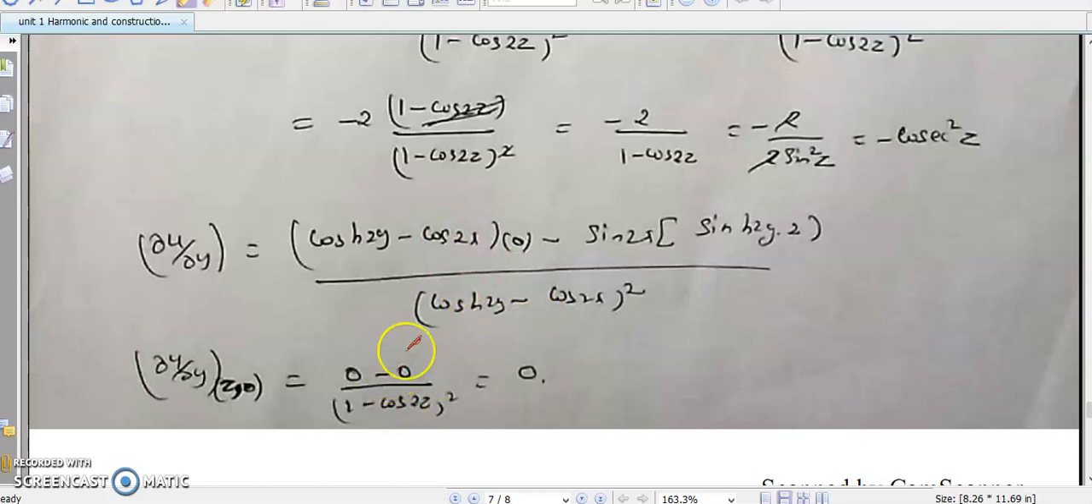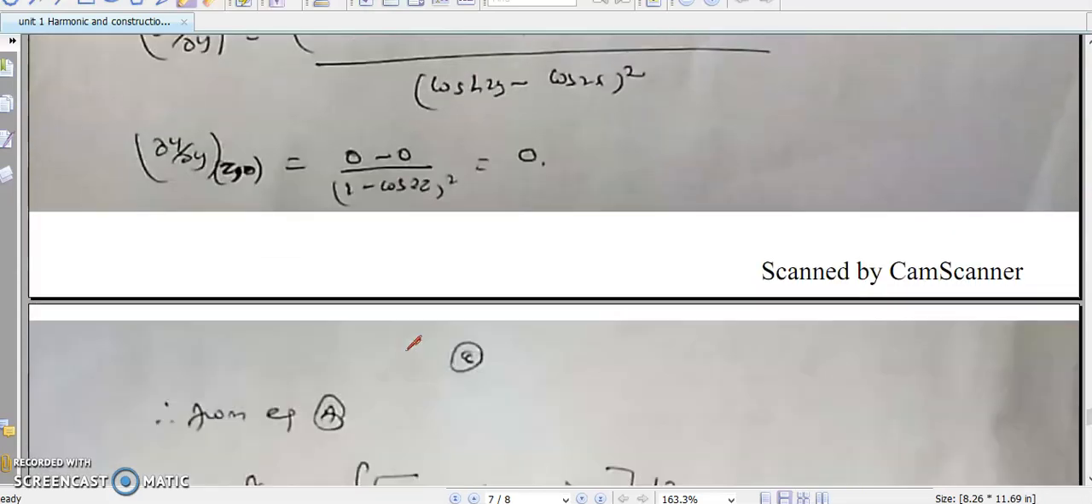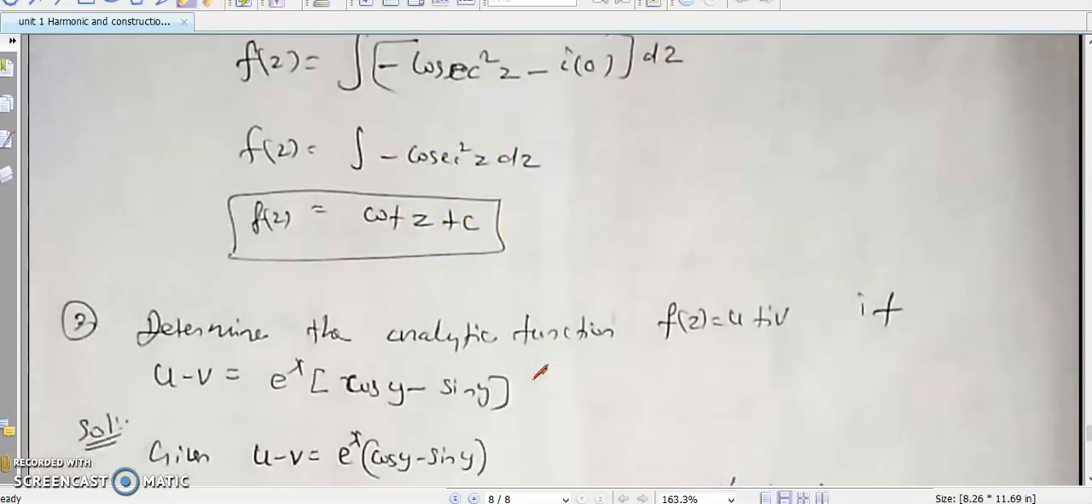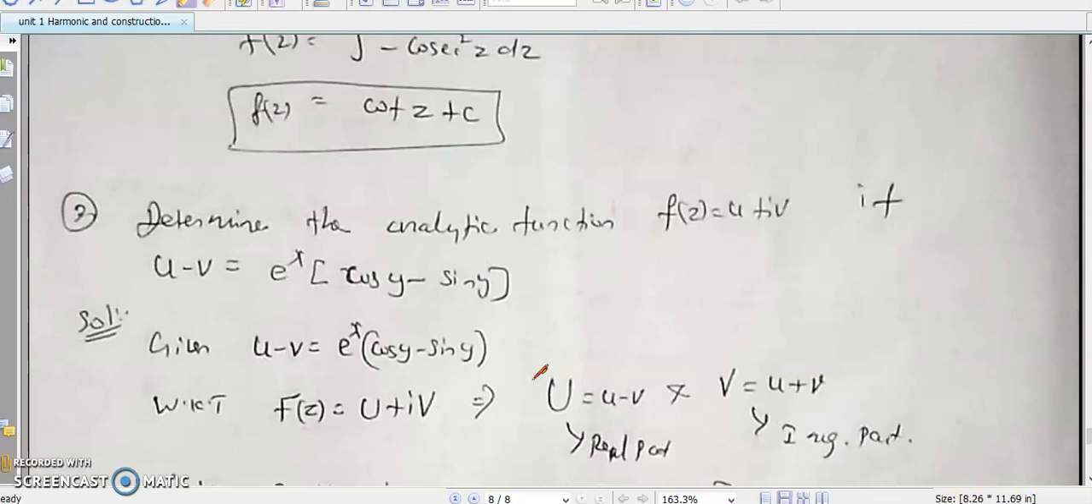Next we can put that equal to 0. Next apply the formulas here. f of z equal to the integral of minus cosec square z, this one is 0, dz. So the integration of cosec square z is cot z. So f of z equal to cos z plus c. These are the final solutions. And the last problem is to determine the analytic function f of z equal to u plus iv